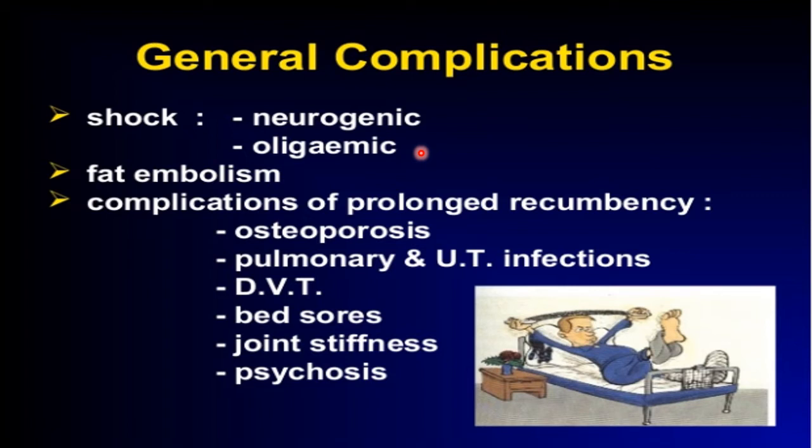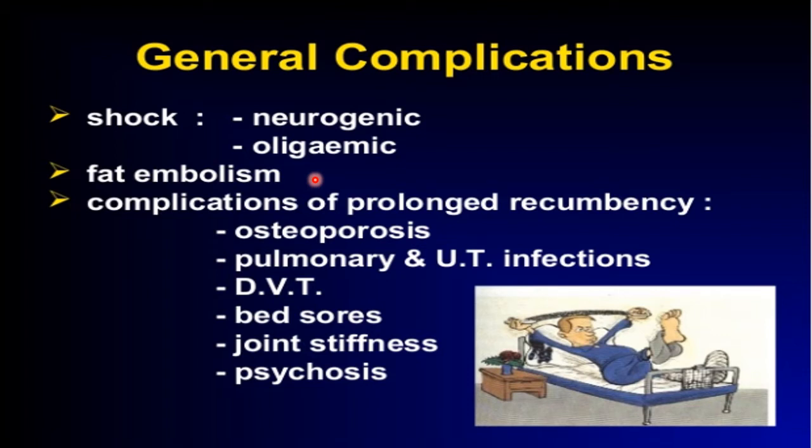So, the first and foremost in fractures of large size bones would be to relieve the pain and to replace volume. Initially, you can start off with crystalloids, but generally, 2 to 3 units of whole blood or red cell concentrate may be required to simply compensate for the blood lost within the body inside the soft tissues before you actually go for definitive treatment. So this would be the first aid in case of fractures of large bones.